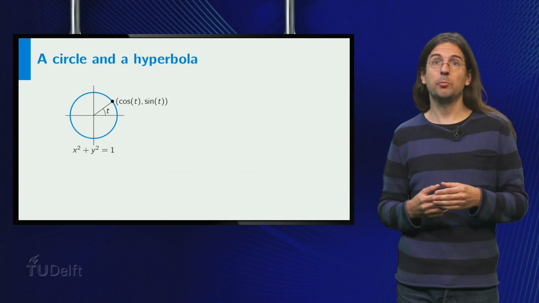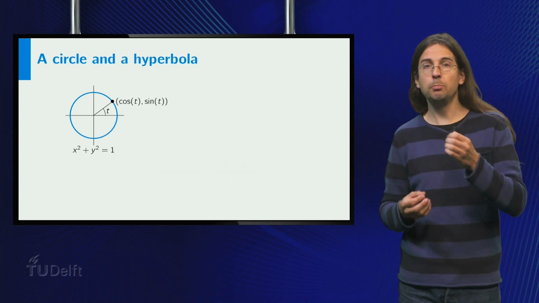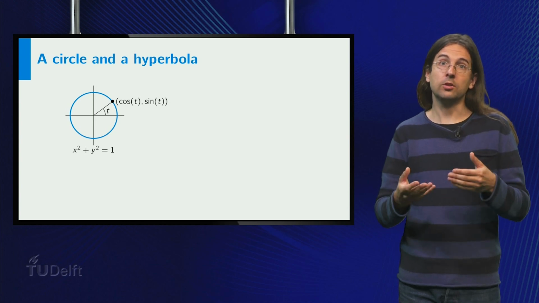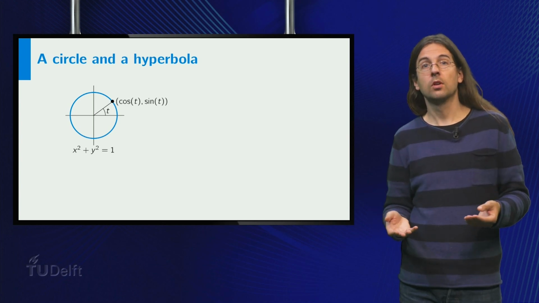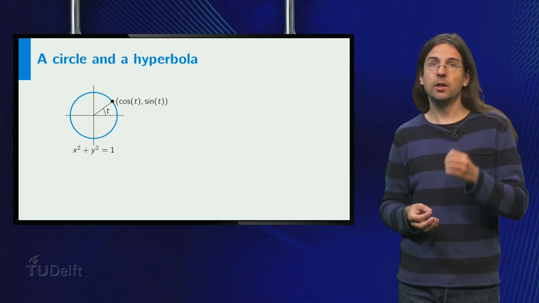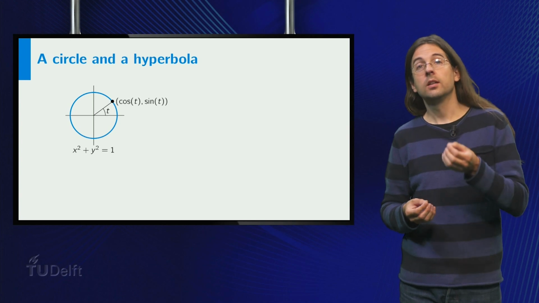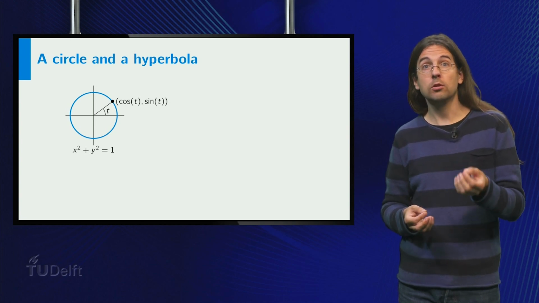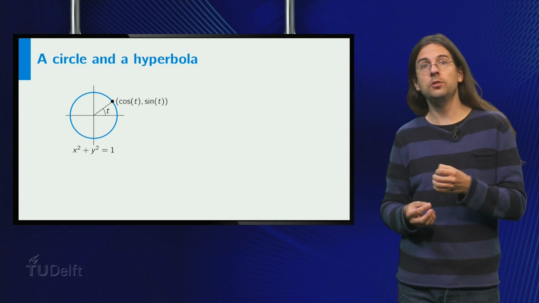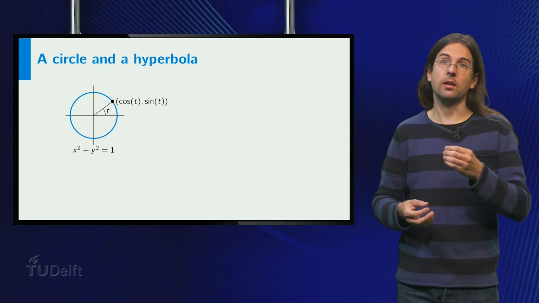The name hyperbolic function arises from the idea that their relation to a hyperbola is the same as that of a sine and cosine to a circle. The circle x^2 + y^2 = 1 can be parametrized as (cos t, sin t). This means that the points on the circle can be described as (cos t, sin t) for certain values of t, the angle between the positive horizontal axis and the line to the point.